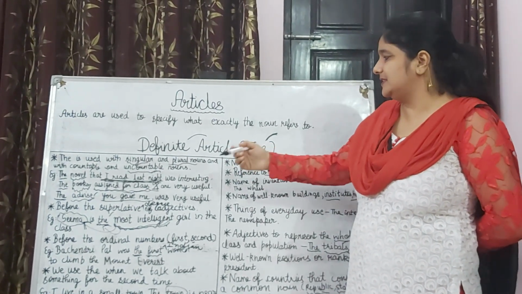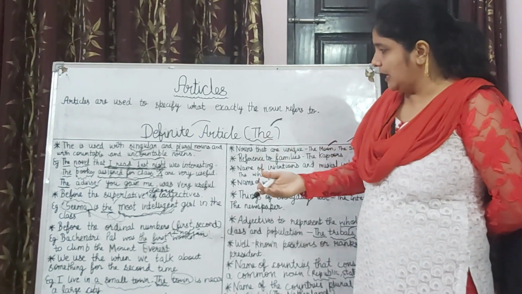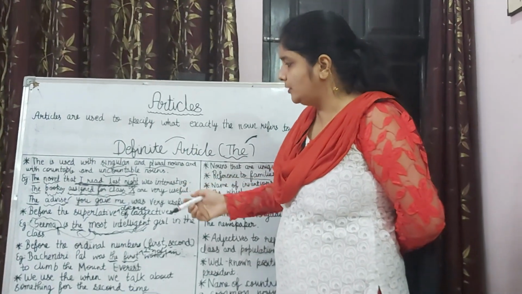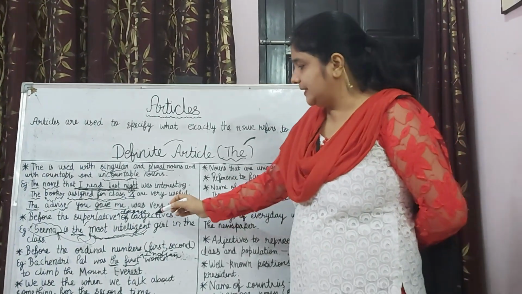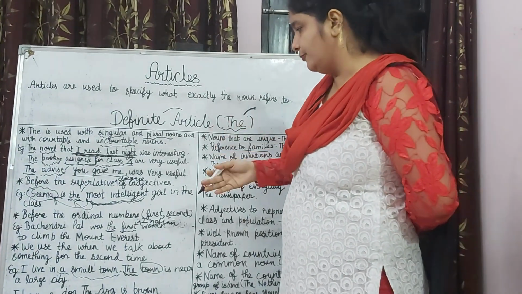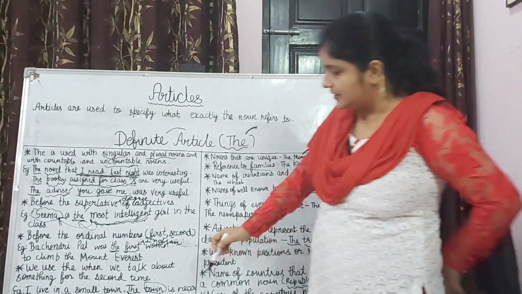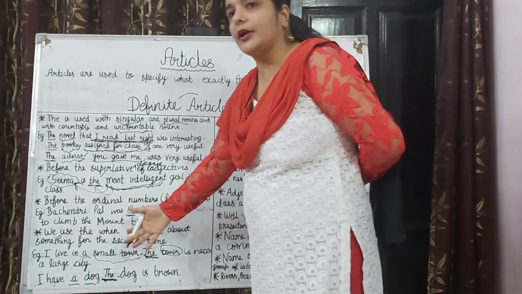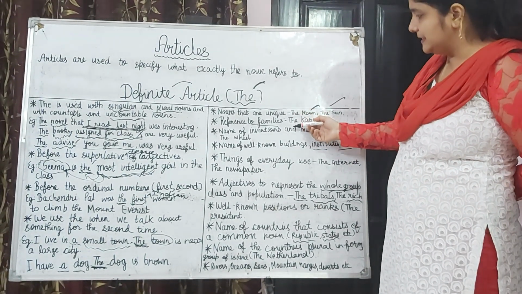The first one, let us revise. "The" is used with singular and plural nouns and with countable and uncountable nouns. I already told you what uncountable nouns are, those nouns which you can't count. Then it is used with the superlative degree of adjectives. Then it is used before ordinal numbers like first, second, third, fourth. Then it is used when we talk about something for the second time. Why? Because the first time it is general, then the second time it becomes specific what we are talking about. And then it is used with nouns that are unique with reference to families, names of inventions and musical instruments,